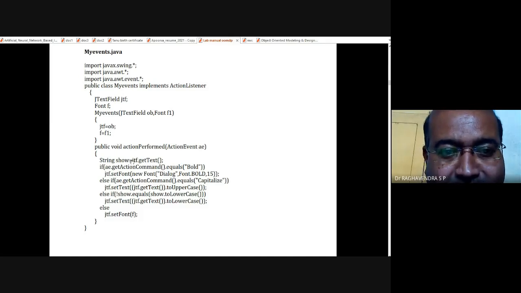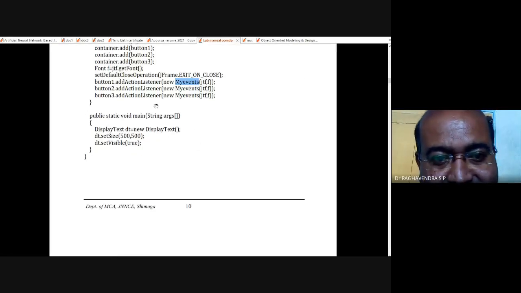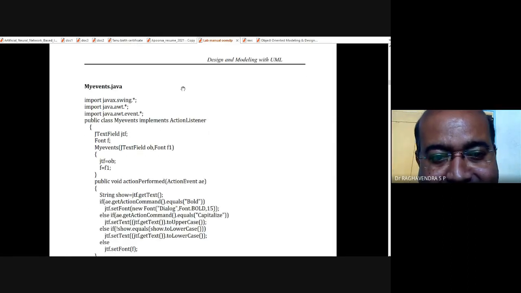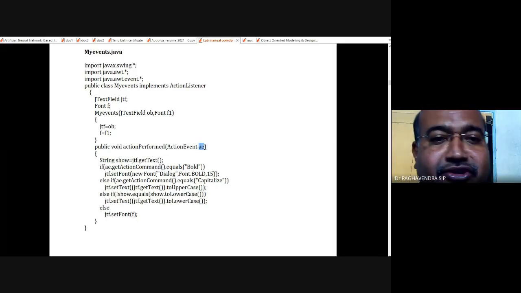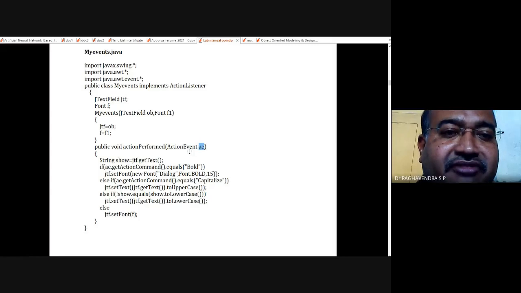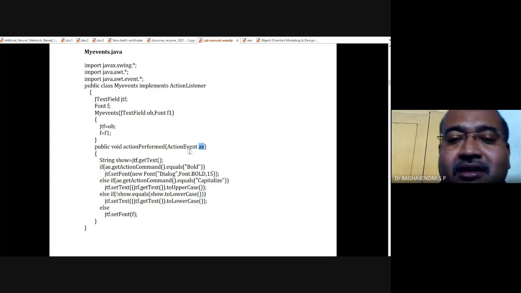Inside here is action performed, because this is the method of action listener, and we are going to write what action is performed here. The value of AE means action event. What kind of event are we going to handle here? Click is an event, because we are going to click on a button.